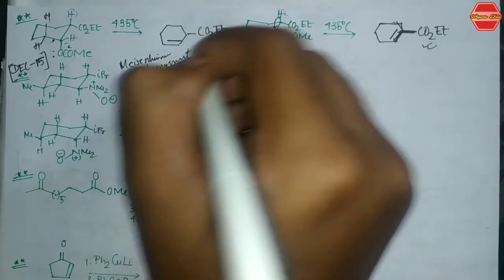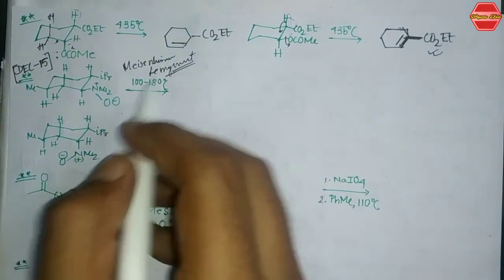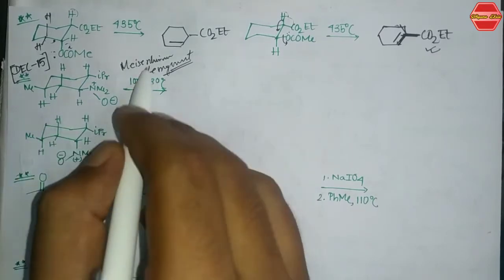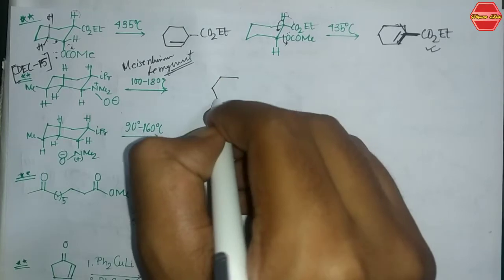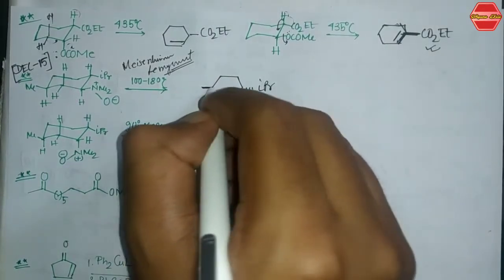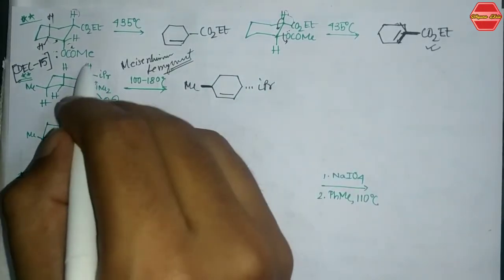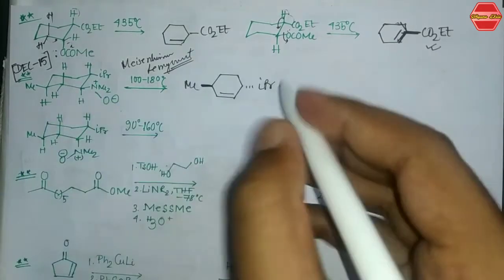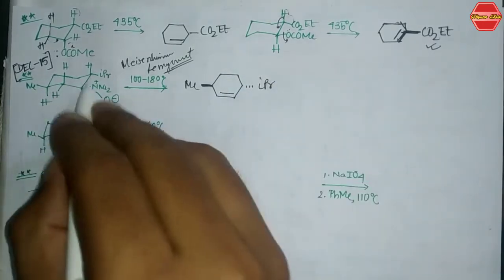So this is somewhat your Meisenheimer rearrangement, and it also follows the same elimination rule. So if you have this compound and you heat the compound, you are getting the product, that is this one. And how will you get that? This is your isopropyl and this is your methyl. Now you can see here that this hydrogen is syn to the N oxide, but this hydrogen is also syn to this N oxide.